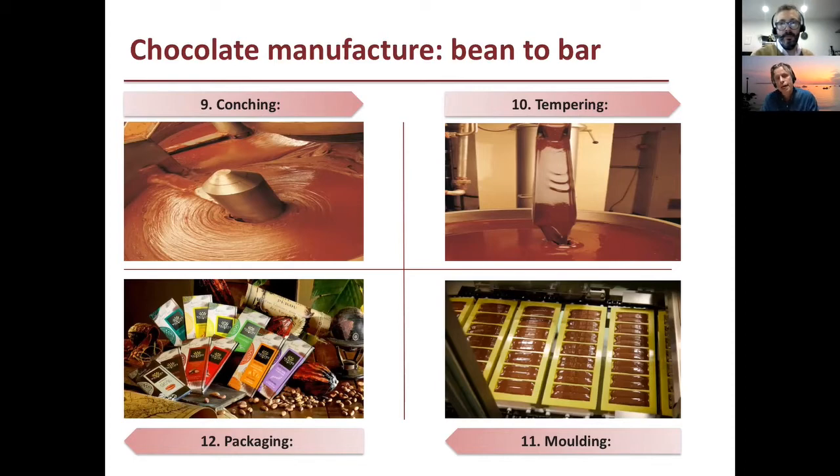And that process, because we start with the actual cocoa beans and we go all the way through to the finished bar, that process is called bean to bar. And you will see on a lot of smaller artisan manufacturers that they're very proud of being bean to bar manufacturers. Well, we're bean to bar manufacturers as well, but just on rather a larger scale.